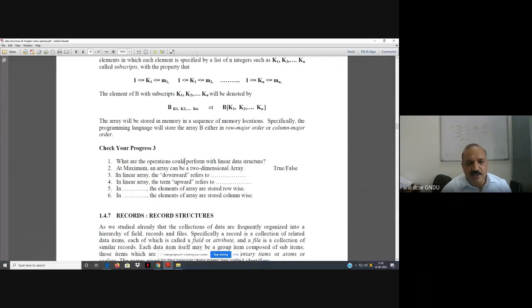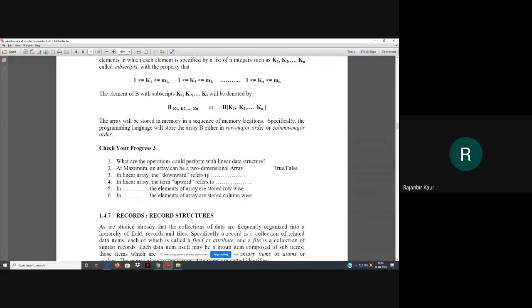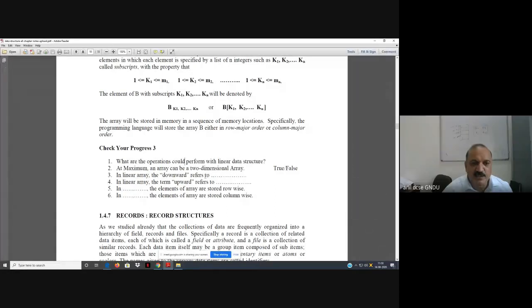In a linear array, the downward refers to locations with larger subscript, and upward refers to the other.